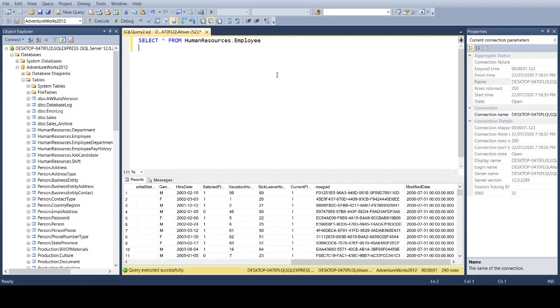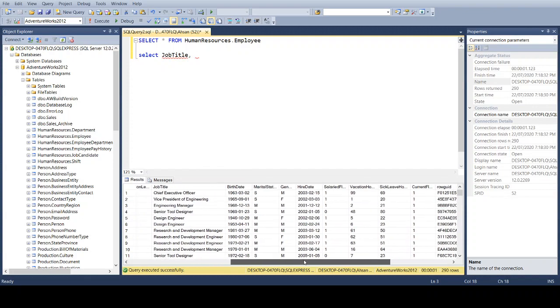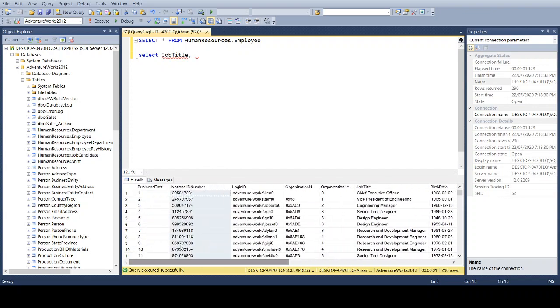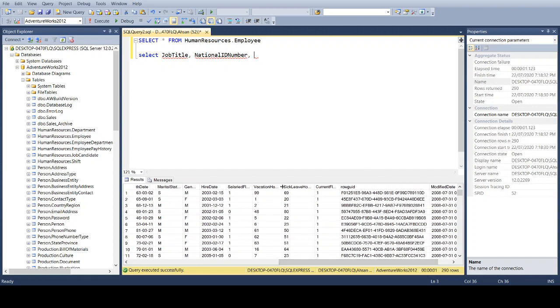What I'm going to do next is select a few columns. I'm interested in the job title. I'm also interested in some identification of the person, so I'm also interested in the national ID number. And I'm also interested in, let's say, the vacation hours